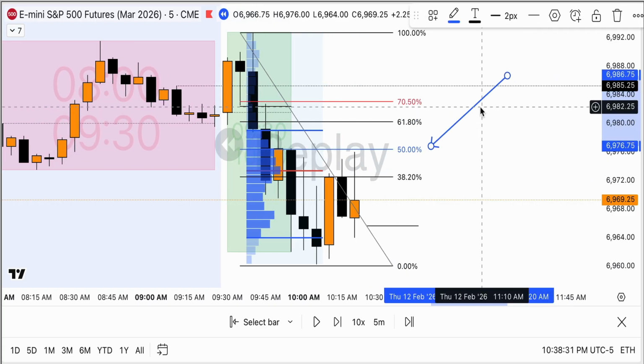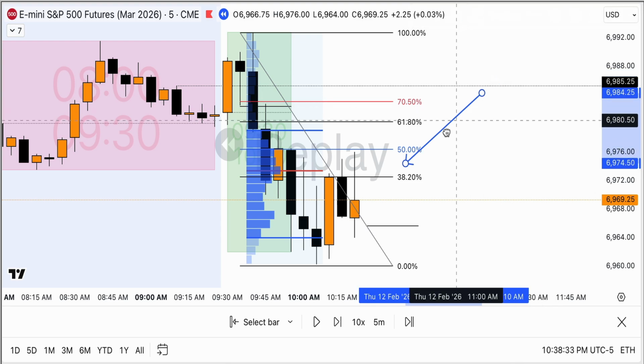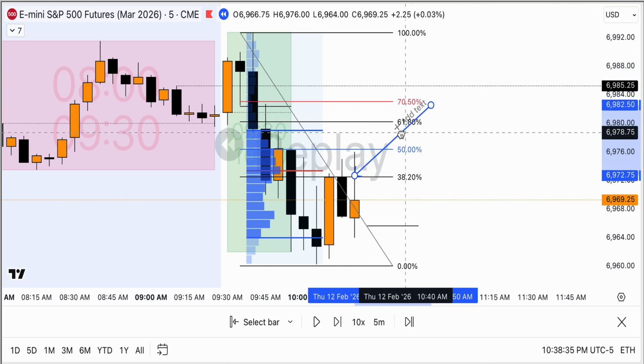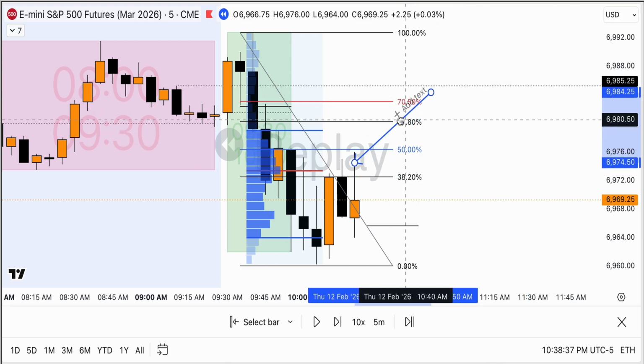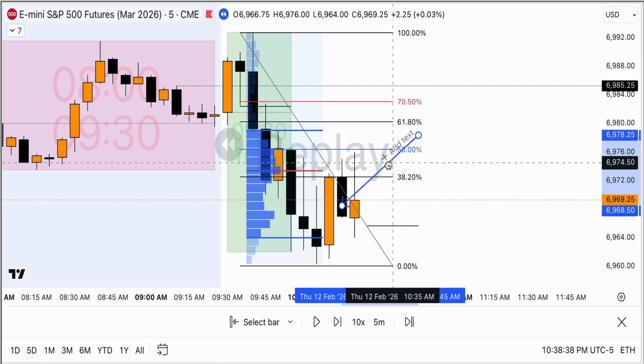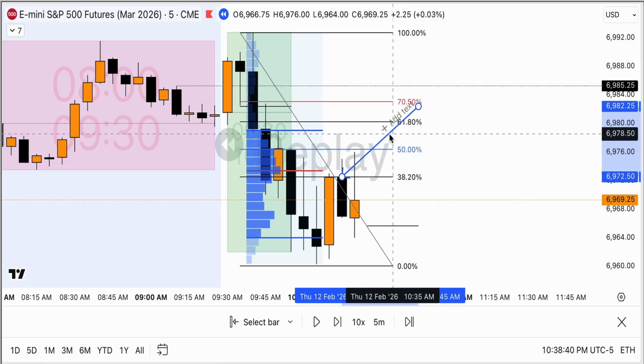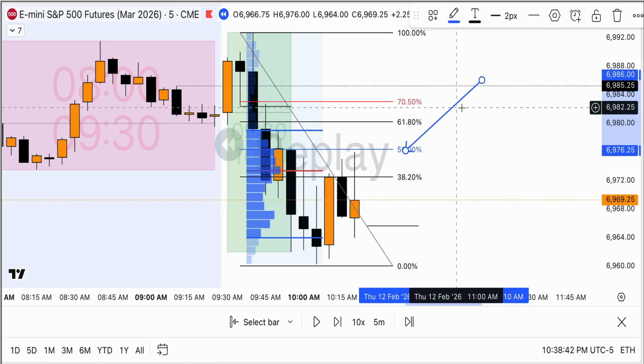You notice how price on the 5 minutes never closes beyond that 30 fib. Yes, it can wick. You have to be aware of the wicks, but that's where you're taking your trade. Now, at this point, it comes down to experience. At that point of control, you are anticipating to take a trade. So now you can drop down to the 1 minute if you want and look for a more precise trade,